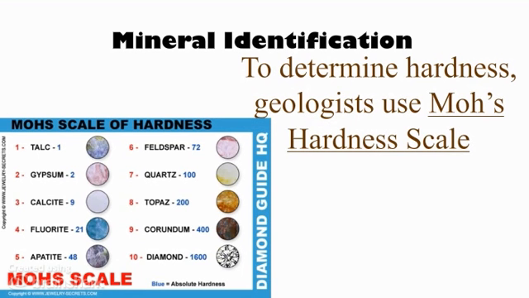So here is a copy of the Mohs hardness scale. There are many different versions of this scale, but they all measure minerals the same way. They rank them 1 to 10, 1 being very soft, 10 being very hard. And if you look at the scale, number 1 is the mineral talc. This is actually the mineral that's used to make baby powder. So if you've ever felt baby powder, you know how soft it is. 10 being a diamond. Of course, diamonds are the hardest mineral, and the only thing that can scratch a diamond is another diamond.